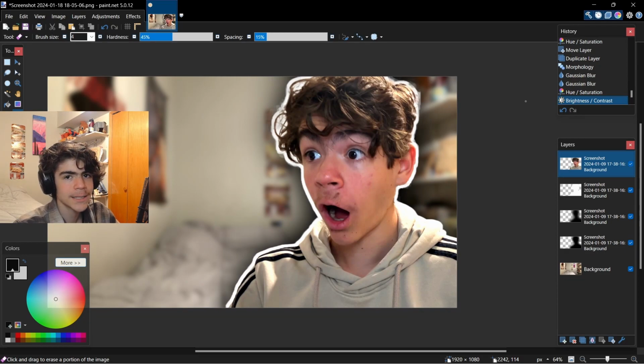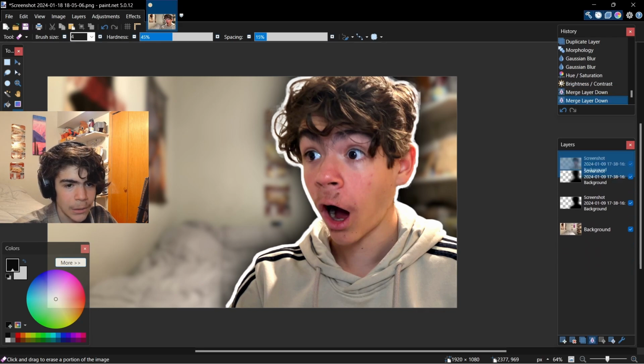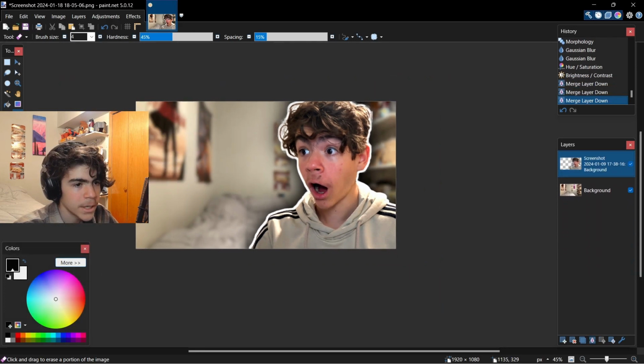Adding all the effects isn't necessary, but it makes it look a lot nicer. And then you can merge the layers down so that way you just have one layer for the subject. And next we need to add this